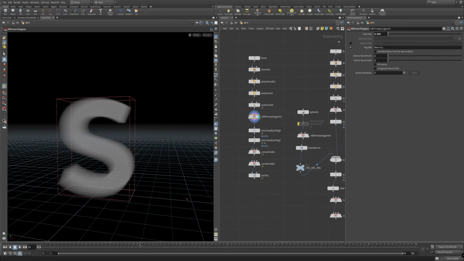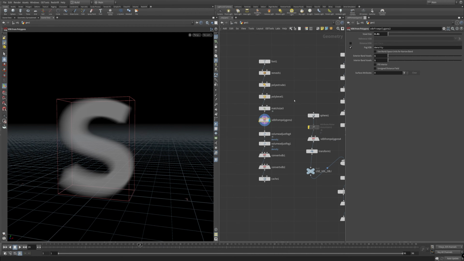we are going to eventually move up to some nicely sized voxels. I guess you can start with some pretty low res versions like this and it'll be fine. We can take a look at it like this and then we'll work back up just for speed purposes. And I guess the other thing worth doing is lowering your bands as well. It kind of depends on the object that you're working with. For this, I found that there was some weird banding happening, mostly because of how font SOPs and typography work inside Houdini. So that's why I lowered these down. But to each their own. Your mileage may vary.